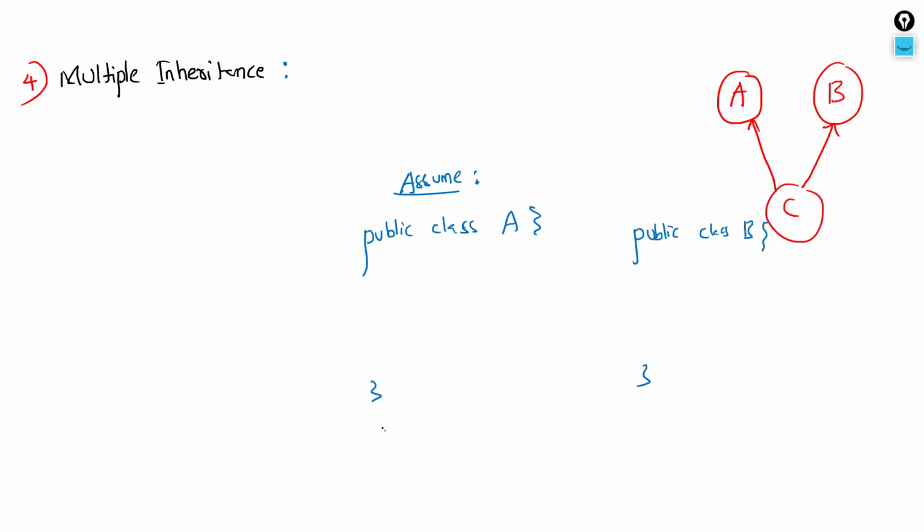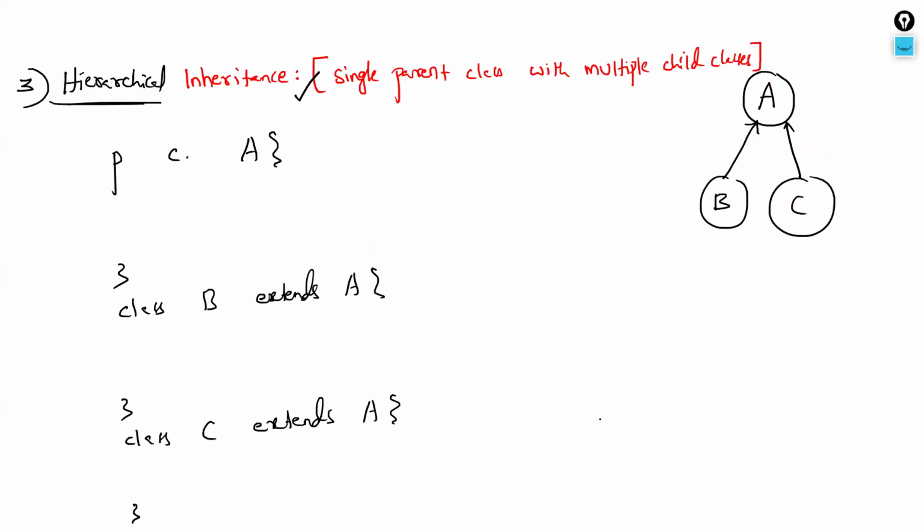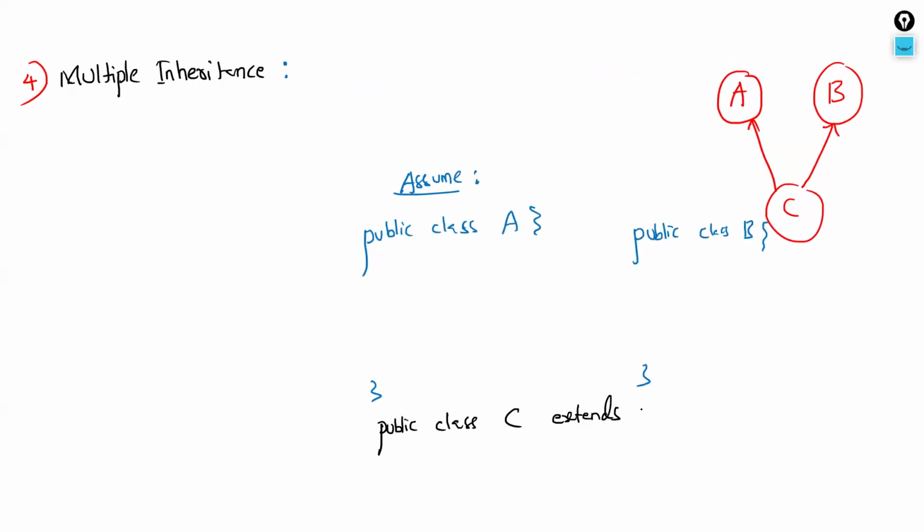Public class, a separate file or same file, doesn't matter. So here I am taking public class, class name C. What's the keyword? Extends is the keyword to achieve inheritance. Then followed by what? Our class names: A. Then again extends B, or comma B, or colon B. How to write it? Assume it is a comma. Everything is assumption only. It's not possible actually. If we assume like this, then inside class C,